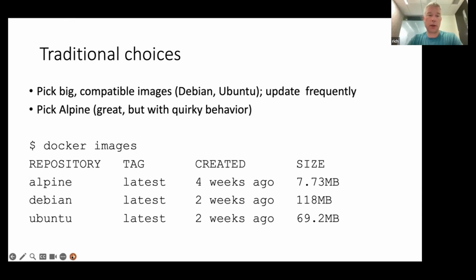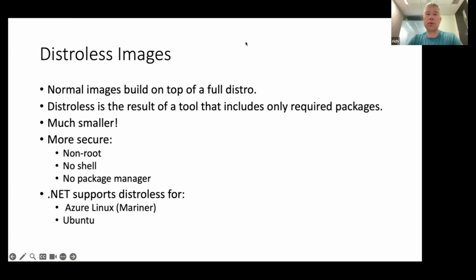Okay, so that's interesting. So distroless, what the heck is that? This is a thing Google started several years ago. Normal images are built on top of a full distro. Distroless is the result of some kind of tool chain that includes only the required packages. If you've been following .NET with assembly trimming to produce smaller apps, distroless is like binary trimming on the scope of a whole OS. So it results in much smaller